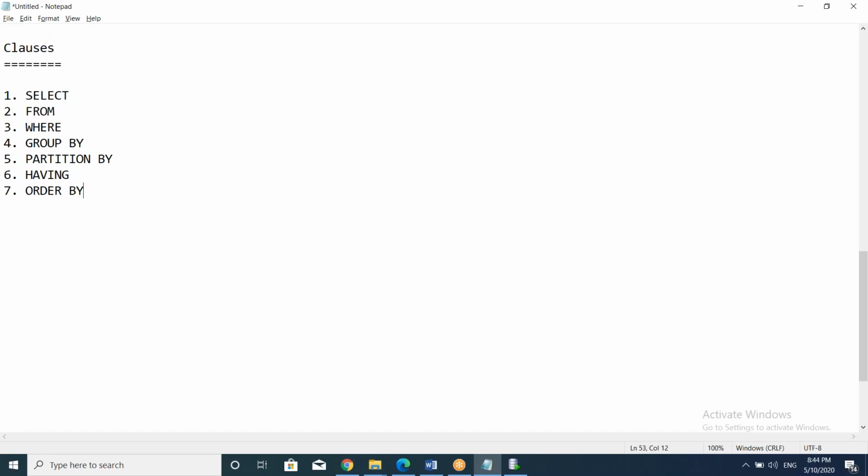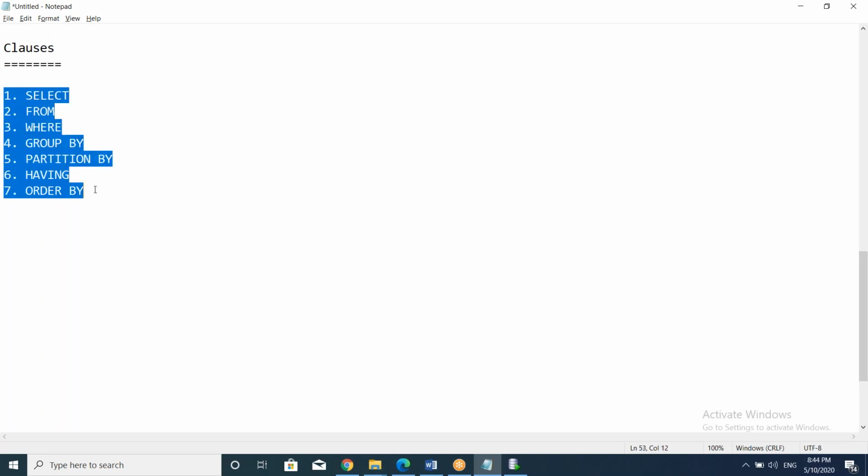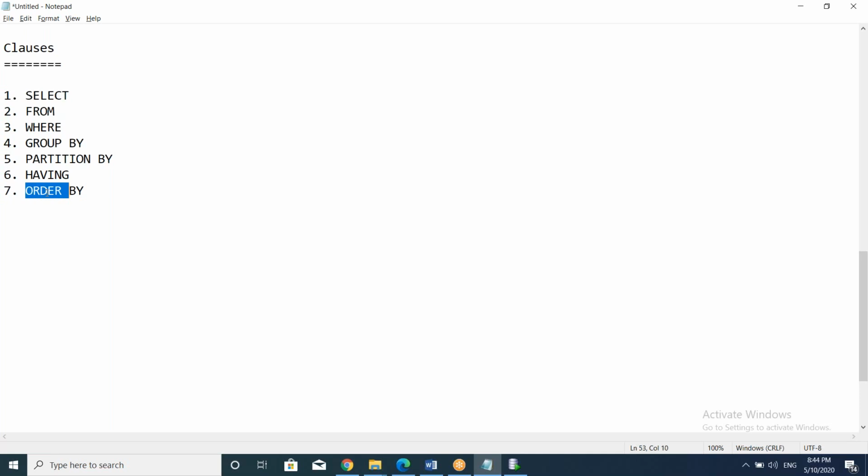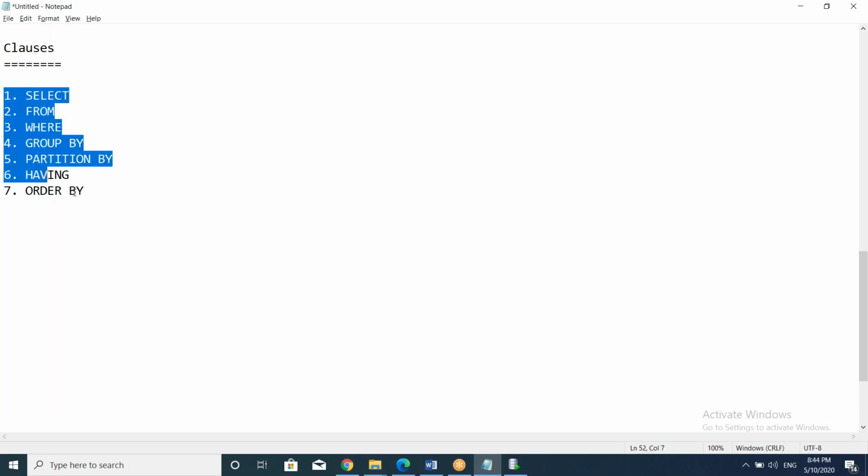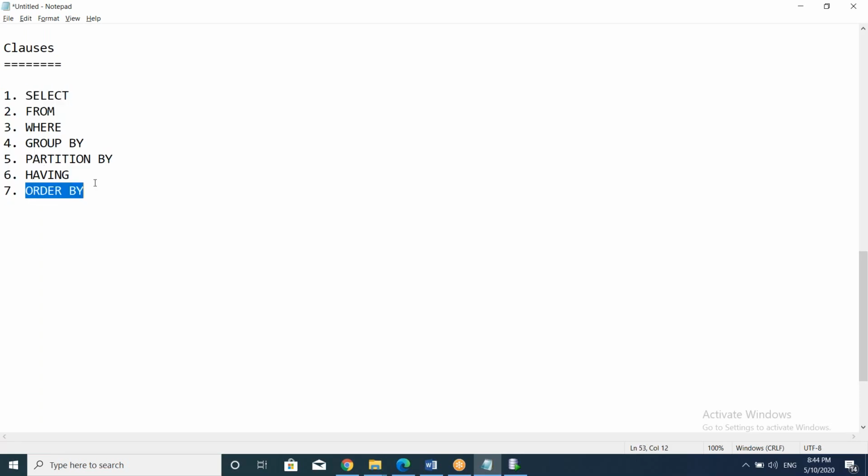That is not only for Oracle, this is for any database. In SQL, seven clauses are there. All these clauses you have to write in this sequence order only. That is another interview question you will get: can you write the sequence in which you have to write them in SQL? Order by you cannot write at the start, from you cannot write at the end or in the middle, partition by you cannot write in the third position. All these positions are fixed. Select will always be first, order by will always be last, from will be second, where will be third, like that. Suppose you don't want these two.